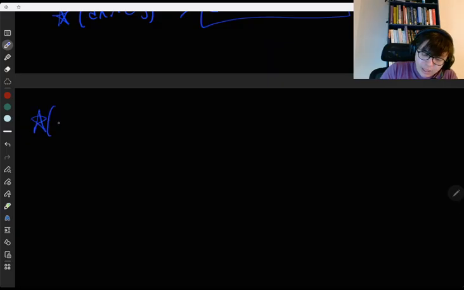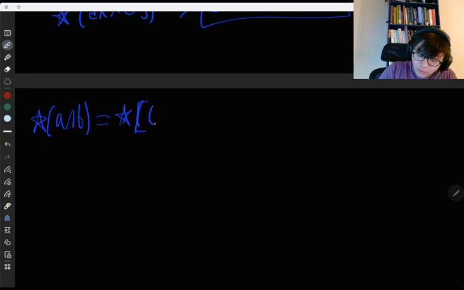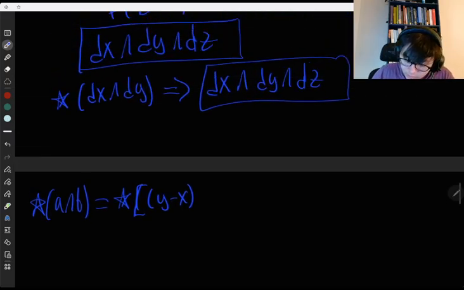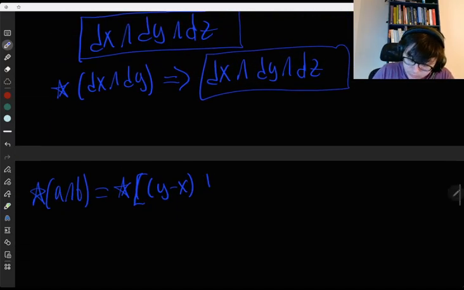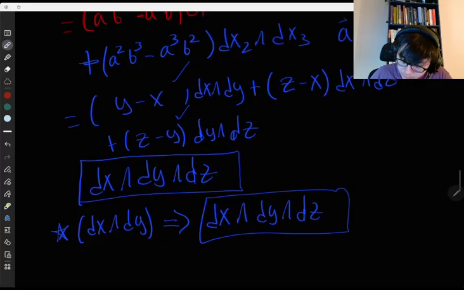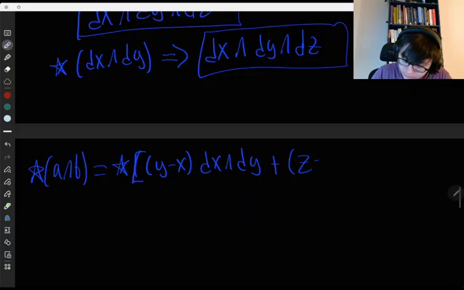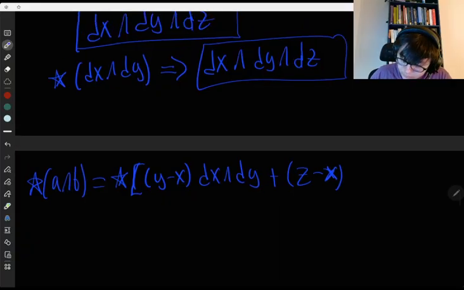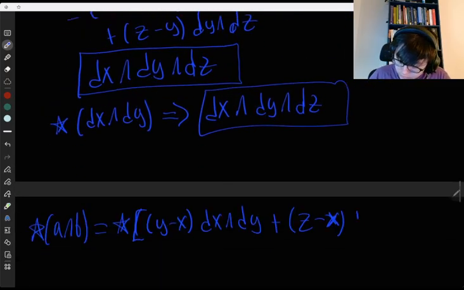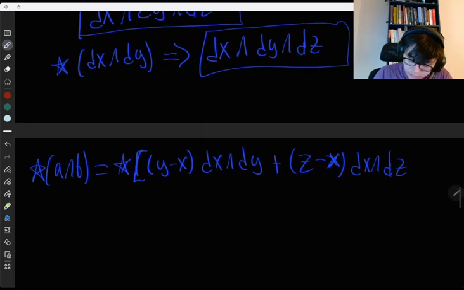We're starring A wedge B. And above we saw that this was like this: y minus x dx dy, plus z minus x dx dz, plus z minus y. Hopefully I didn't get that backwards. Nope,